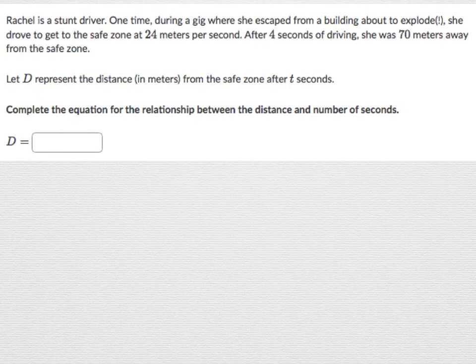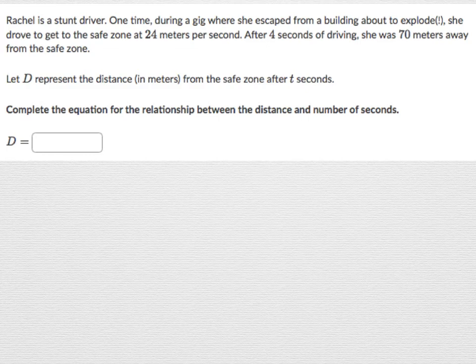All right, now the next example is about a stunt driver whose name is Rachel. One time during a gig where she escaped from a building about to explode, she drove to get to the safe zone at 24 meters per second. So Rachel is a stunt driver. Her rate of change is 24 meters per second. That's given, and it's a constant rate, so this is a linear function. After 4 seconds of driving, she was 70 meters away from the safe zone. Let D represent the distance in meters from the safe zone after t seconds, and then we're going to write